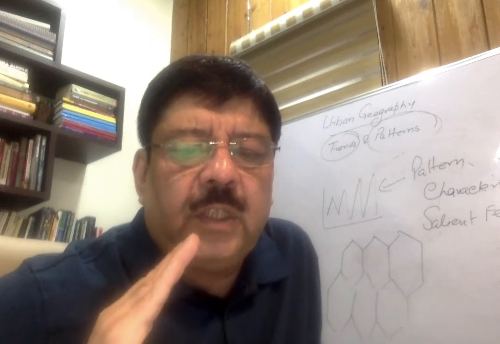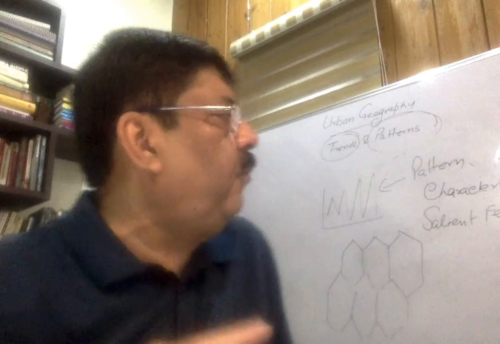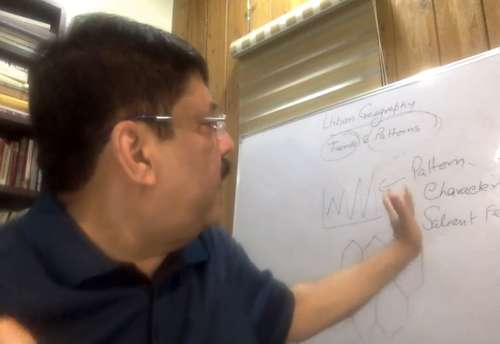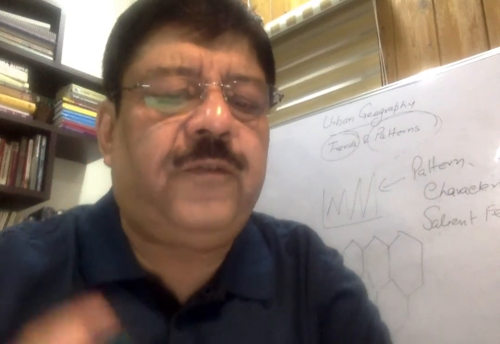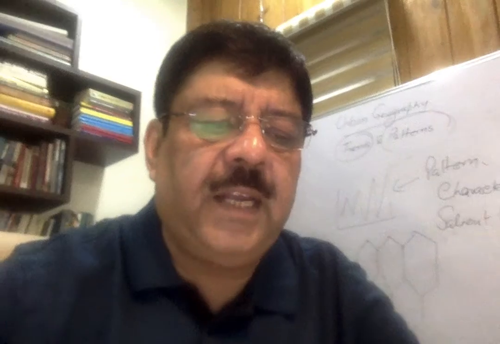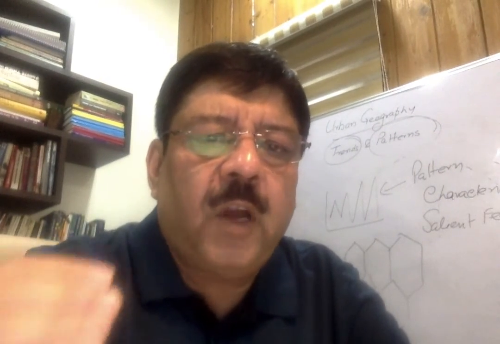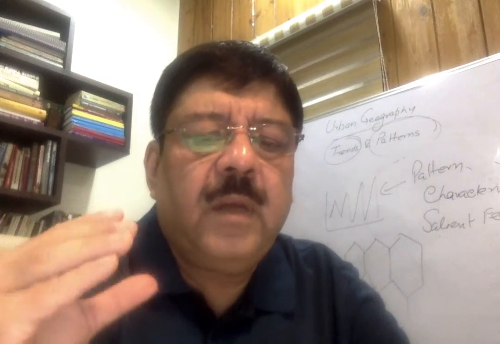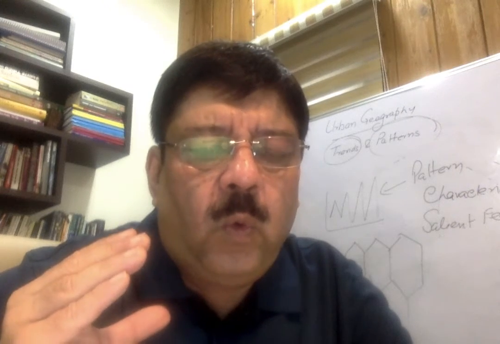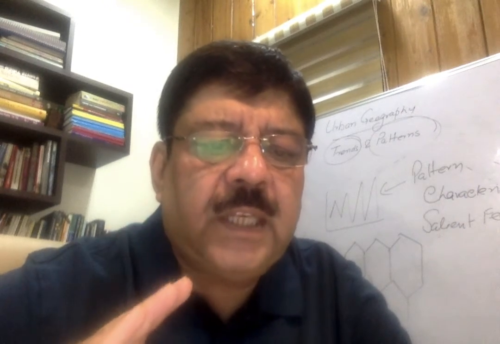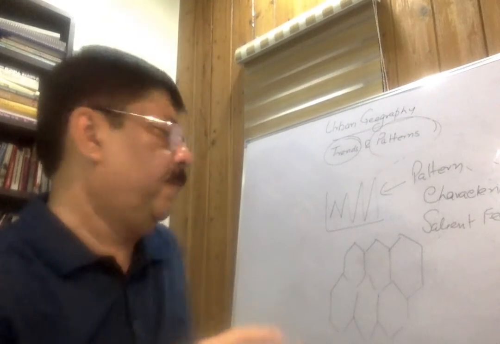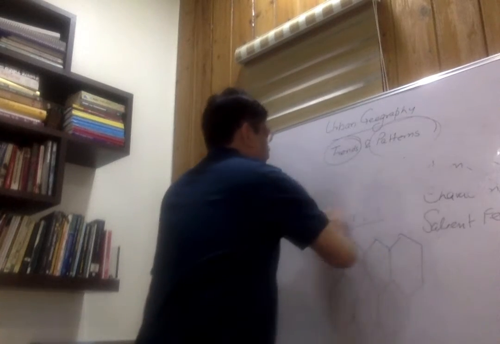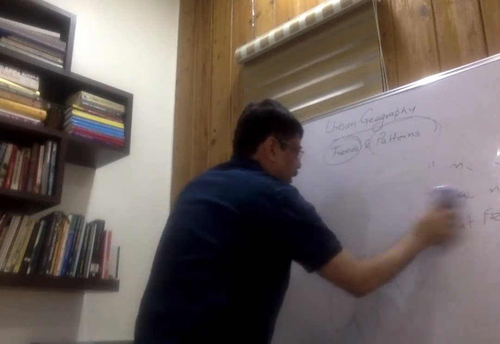So what is the pattern? We have discussed that pattern is sometimes characteristics, salient features, because it is not design only, it is the phenomenon. So the first pattern is, you can say that more than half of the world population lives in urban areas. First characteristic about urbanization is,